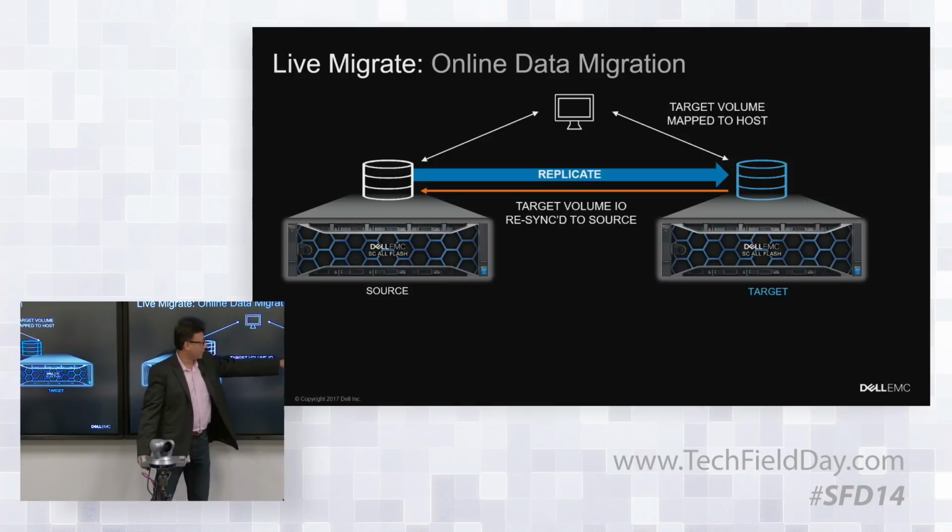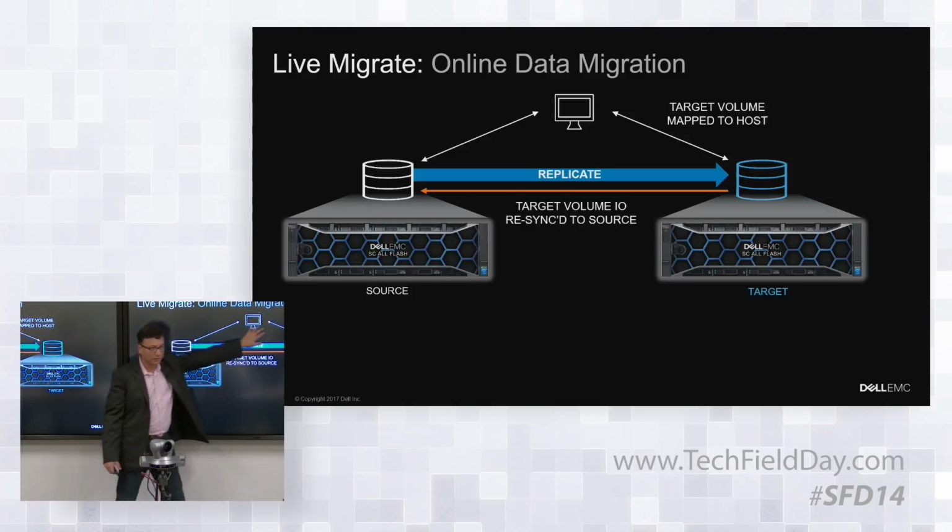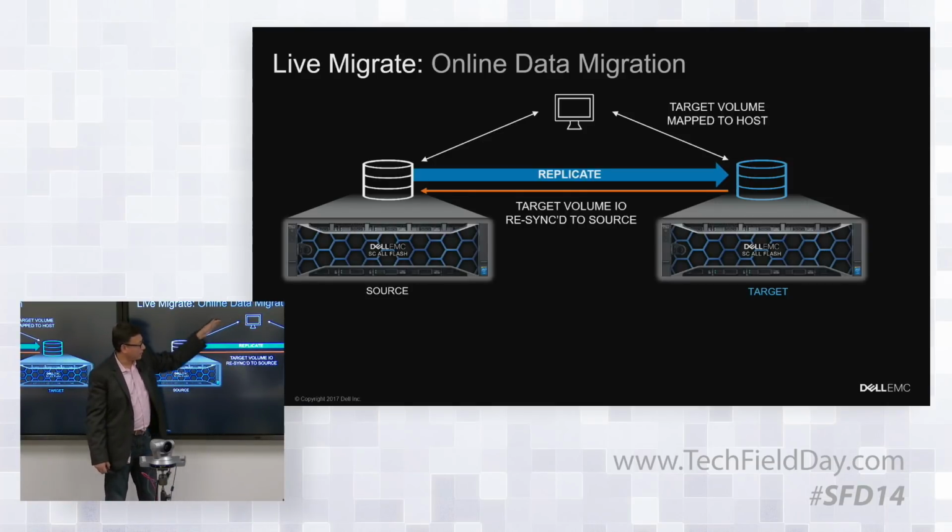Then you can map this LUN to the host. So the host basically sees two paths, but to the host, it thinks as if there was a second path surfaced for the same LUN. So from the host perspective, it sees one virtual LUN. It's not seeing two LUNs. It sees one LUN with two paths, right? So it can do round robin IO across both, right? And we'll take care of making sure, but there's still a primary, so all commits are happening at the primary,